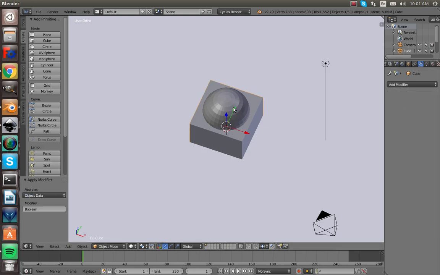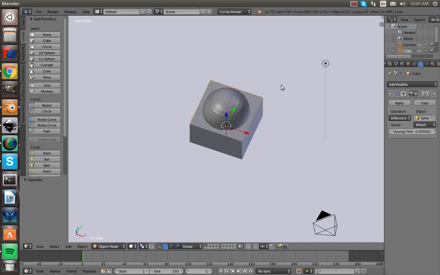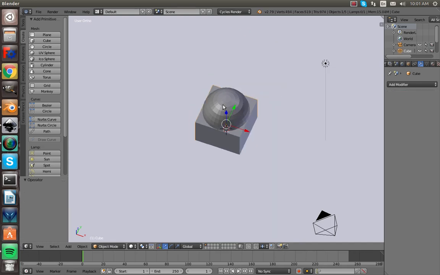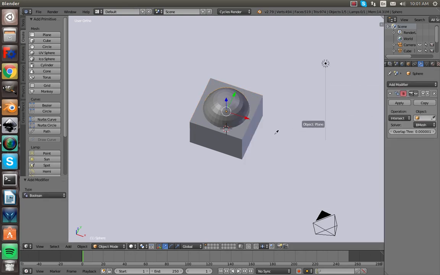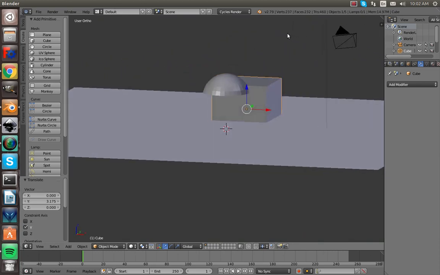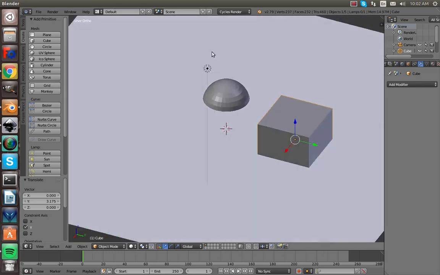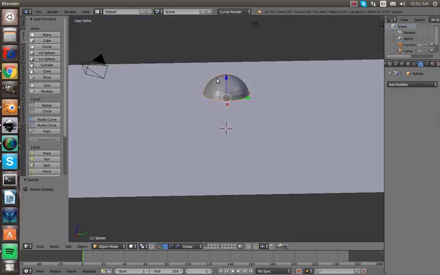So now you move this over. Oops, I selected the wrong object first. Let's do that. Okay, now let's select the sphere, boolean, then select the square, difference, apply. Okay, so now that we have that, you can tell now it's just half of a sphere, which is what we want. You can go ahead and delete the square, take the sphere, copy it,